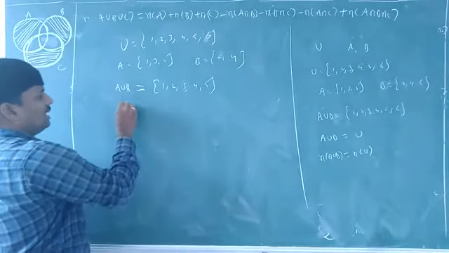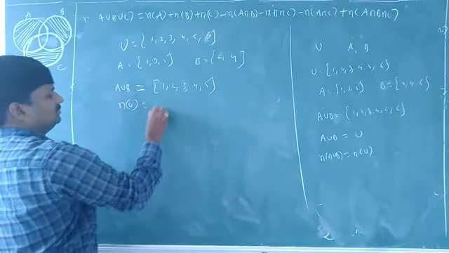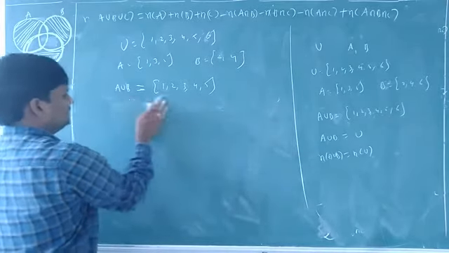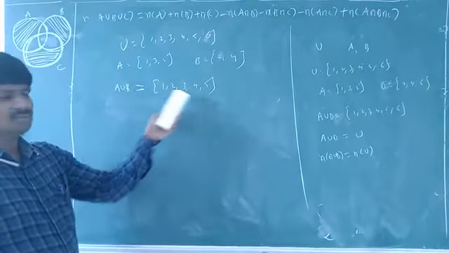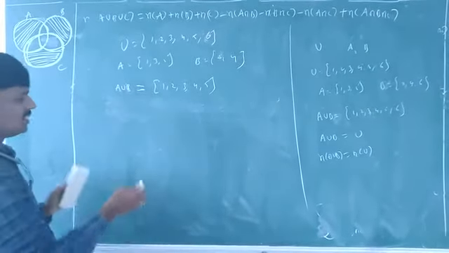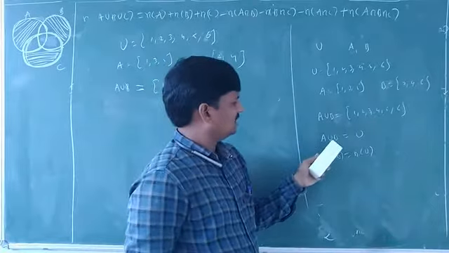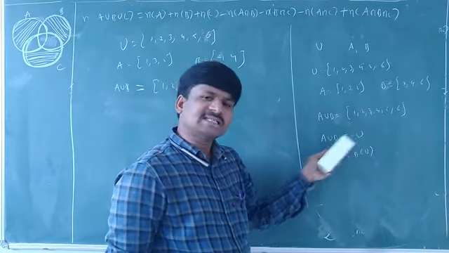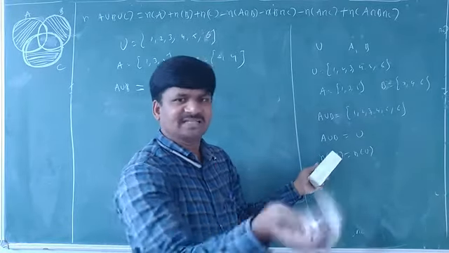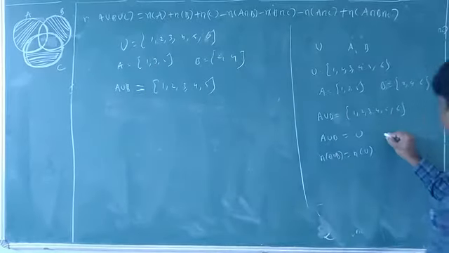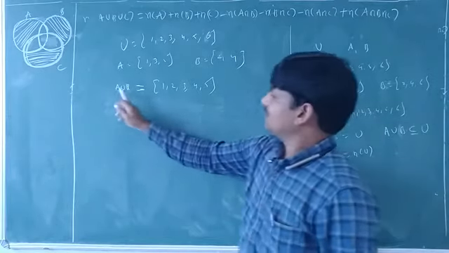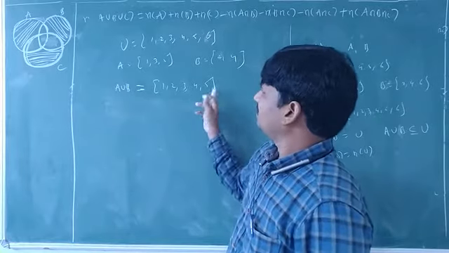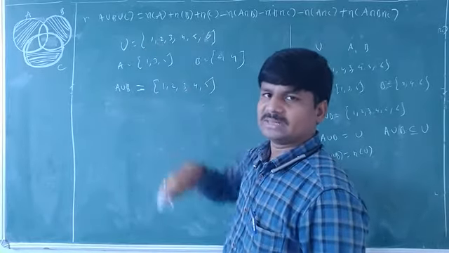Number of U is equal to 6. Here, just see. A union B is 1, 2, 3, 4, 5. Is it a subset of U or not? Subset of U. Here also, is it a subset of U or not? Why? Because you got the same set A union B. Is the same set a subset of itself or not? Here, A union B is a subset of U, but that is equal. Okay. Here what will be? A union B 1, 2, 3, 4, 5 is a subset of U or not? A proper subset here. Why?